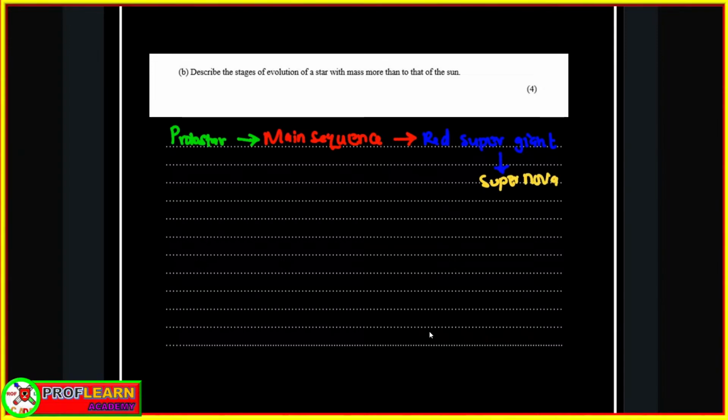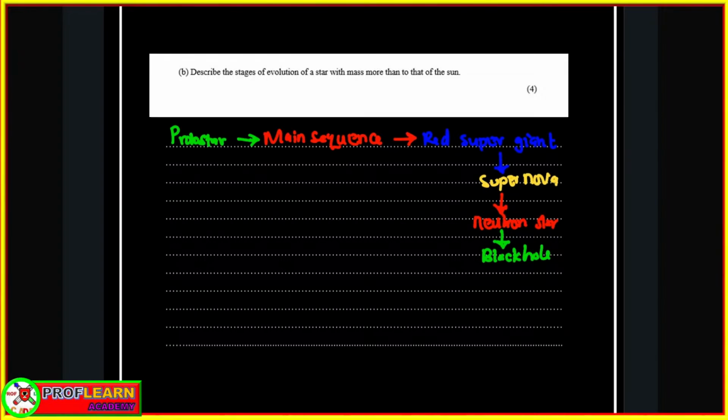for a star whose mass is more than that of the sun, it starts from the protostar, it moves to the main sequence, it moves to the red supergiant, it moves to the supernova, which is an exploding star, it moves to the neutron star, and then finally it can become a black hole. So those are the stages for a star whose mass is more than that of the sun. These are evolution stages of stars